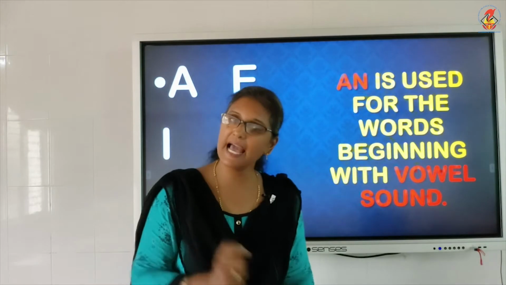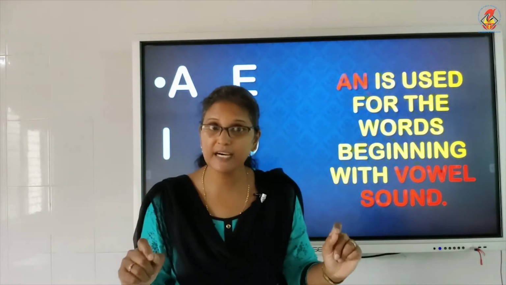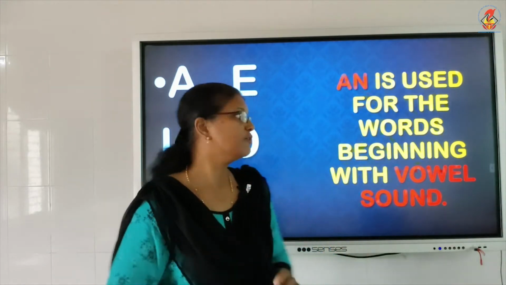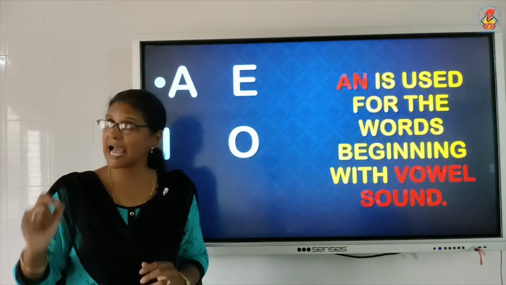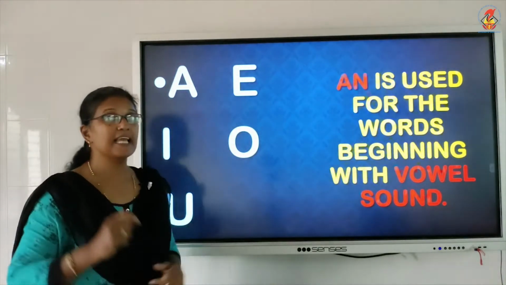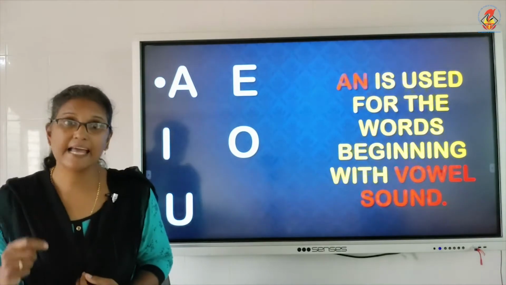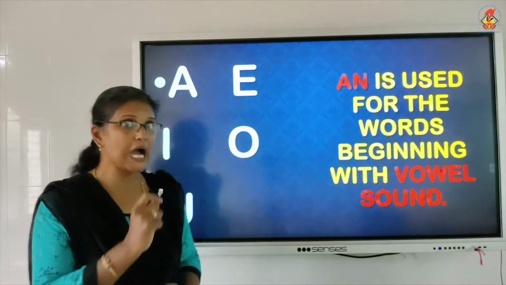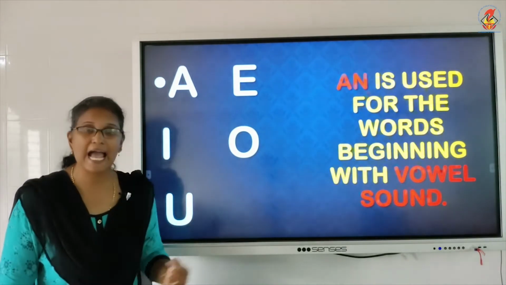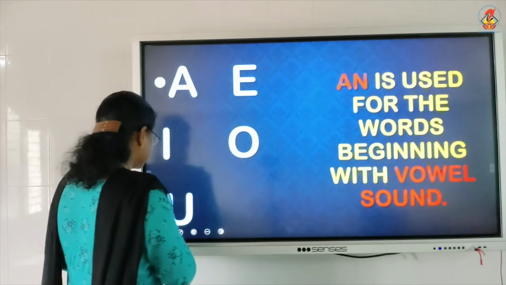We use an only for the words which begin with a vowel sound. For example, let us take A, an apple, E, an egg, I, an ice cream, O, an owl, U, an umbrella. So my little ones, let us see